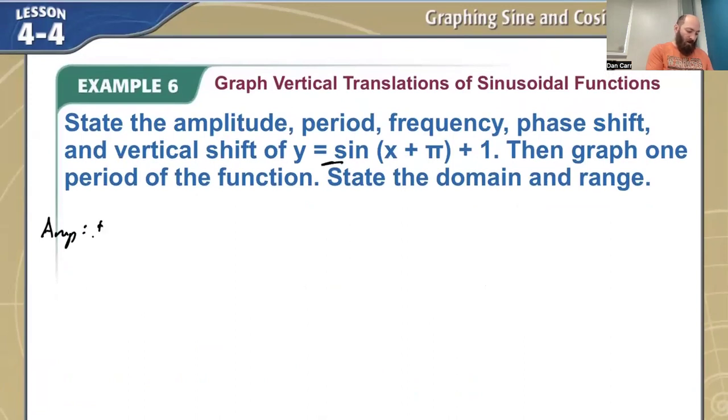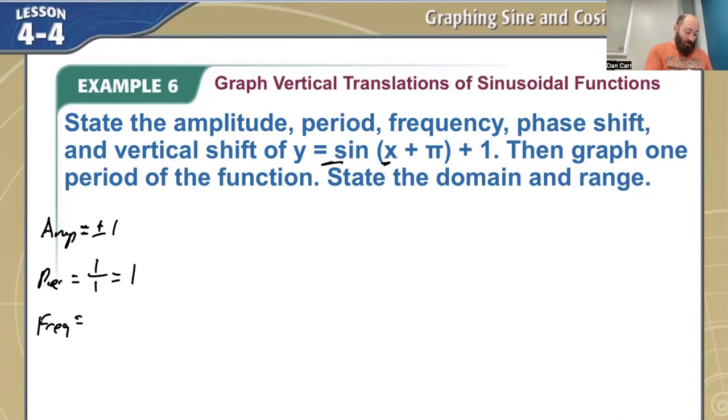There's nothing in front, so it's going to be like a plus or minus 1. Meant to do an equal sign here. Period is going to be 1 over b, which in this case is 1. So my period is 1. Okay, the frequency